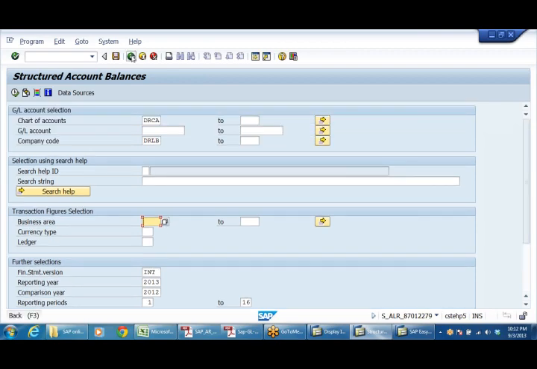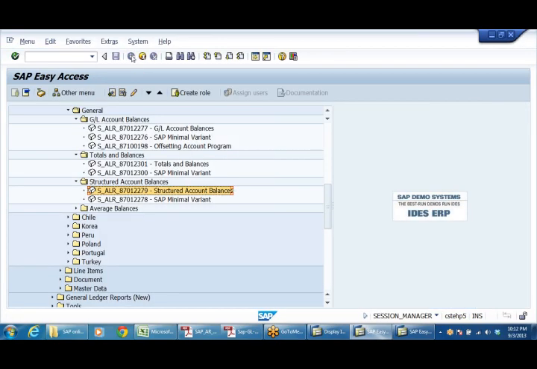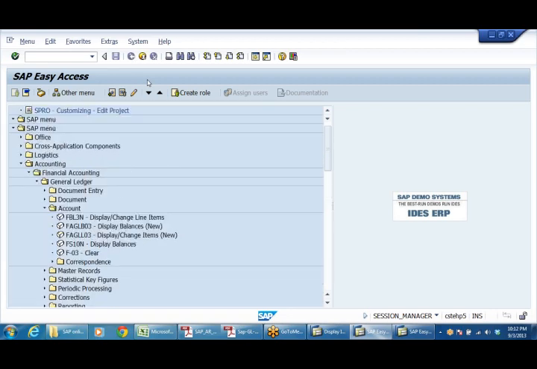I heard there are around 70,000 tables in ABAP. Yeah, 60,000 tables. How will we identify which one we need?